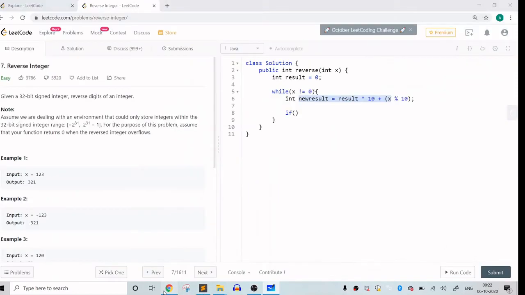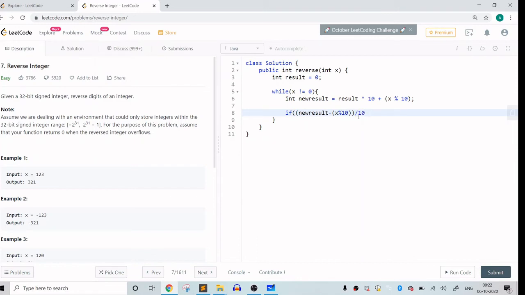What we can do here is check that condition. So new result minus x mod 10, and this 10 when it comes to the left becomes divided by, so this whole thing divided by 10, right?